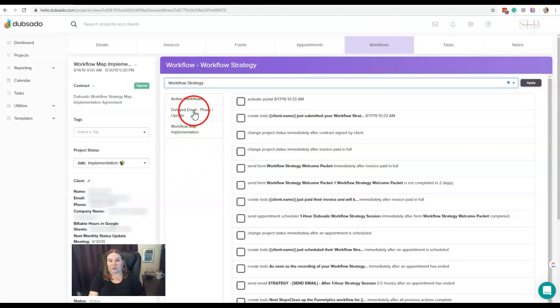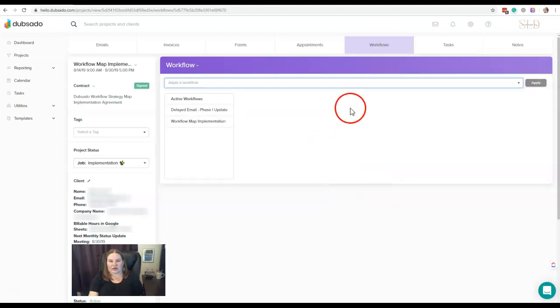I'll have 3 different workflows that are currently active, all running at the same time. There's no reason that you can't run multiple workflows at the same time, and they will just run their own workflows. It's not going to affect each other. Just keep in mind if you've got anything that overlaps, maybe timing wise, maybe sending emails from both workflows at the same time. That might be a little confusing, but it just depends on your setup and what you've got going on. You can have multiple workflows running at the same time. Now, if I take a look at this and I think, well, that's not the right workflow, I didn't want that, I can just click this X and that'll go away.